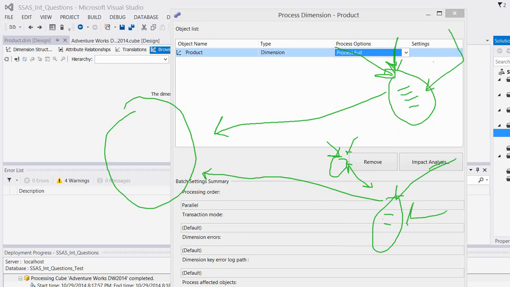And the fifth difference is when you use it. For example, during development, people do ProcessFull, or when there are metadata changes, then the server will force you to do ProcessFull. But whereas process update, when you move your cube to production and